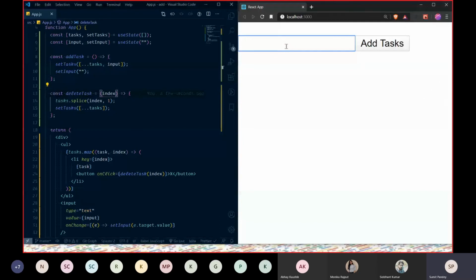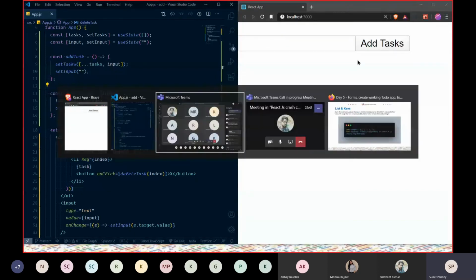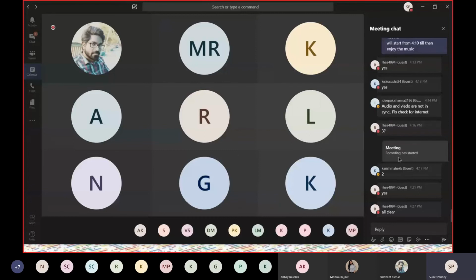Did you guys notice what's happening? I'm trying adding it, but it's disappearing. It keeps on disappearing. Can you guys see that? Anybody tell me why this is happening? It's not adding to that list. It gets deleted on the fly as soon as we add it to our list. What can be the reason here? What's the bug here? You guys let me know in the comment. Anybody? Come on, guys.